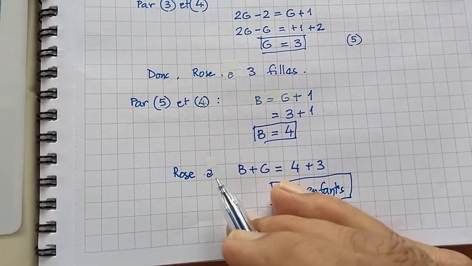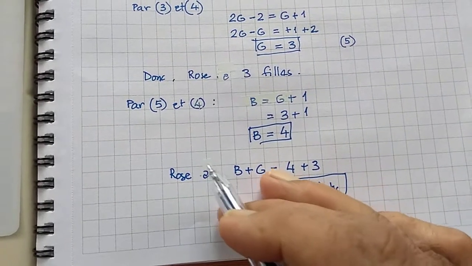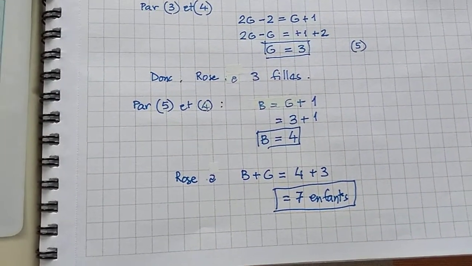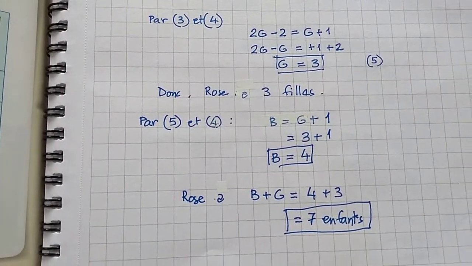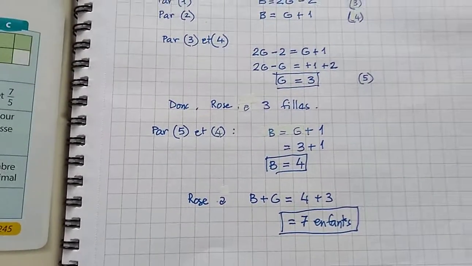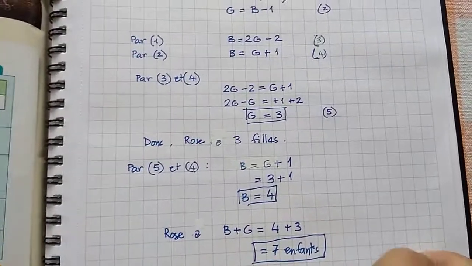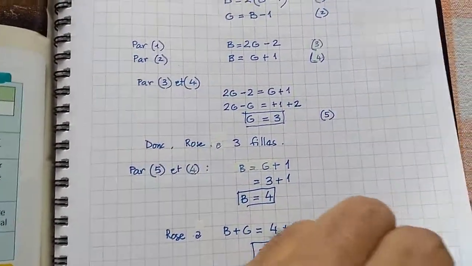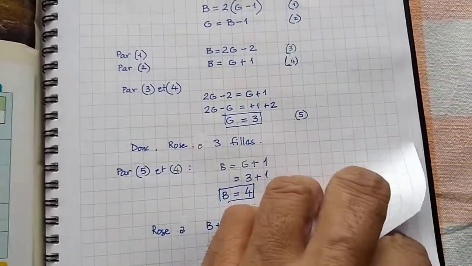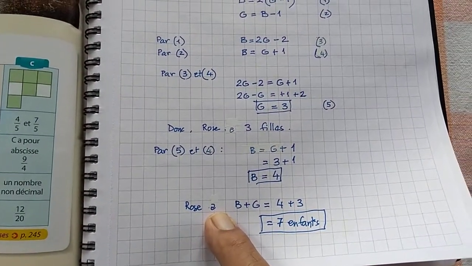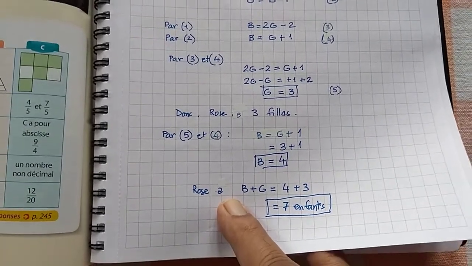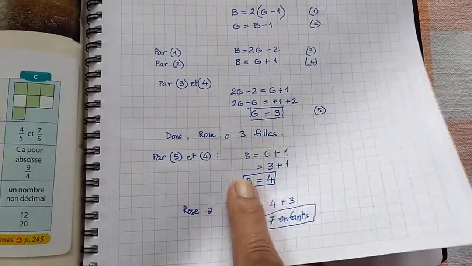And I had written Rose a sept enfants. Again I had put an accent grave, now I have removed it. One of you had actually copied these and sent them back to me to check, and you have made the same mistake. So please correct in your notebook too. À with an accent grave means to. A without an accent grave means have or has.